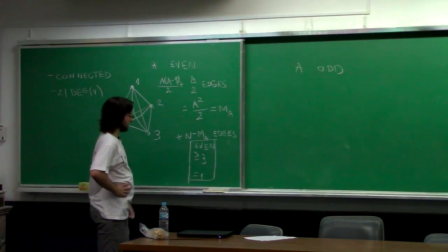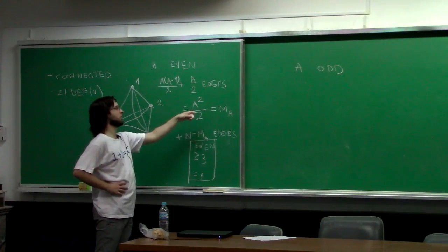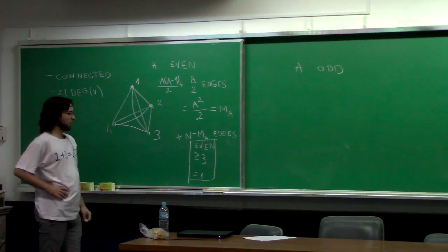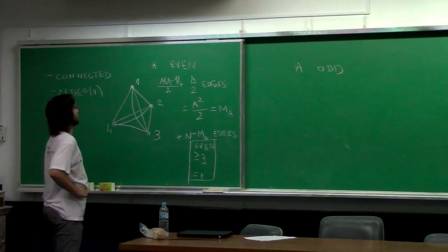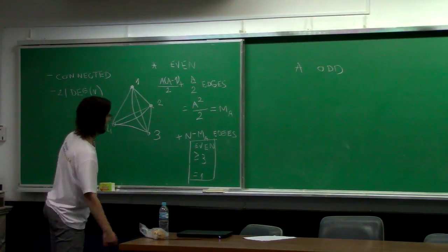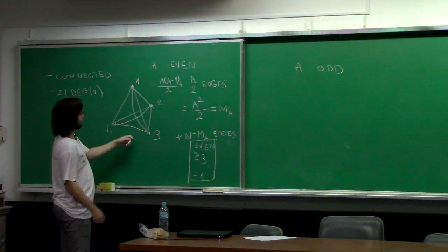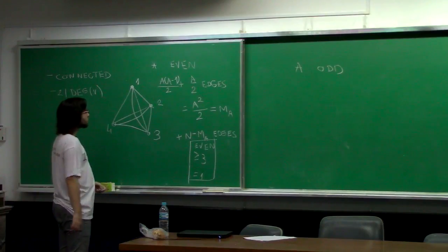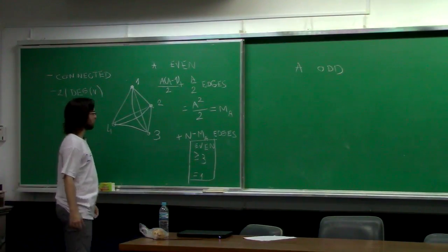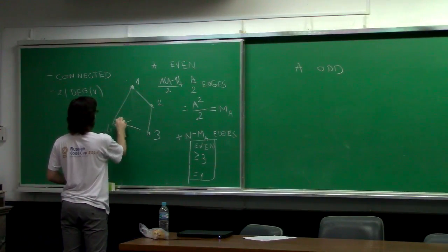And finally, if n minus MA is equal to 1, then n is equal to A squared/2 plus 1. And while we can't just add one edge because that would give us an odd degree for some vertex, instead of adding A/2 edges here, we could add edges in a different way. So instead of this,